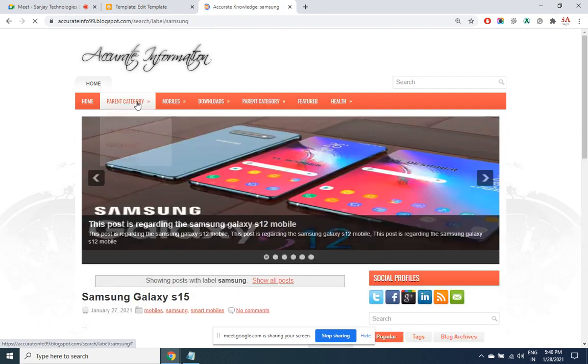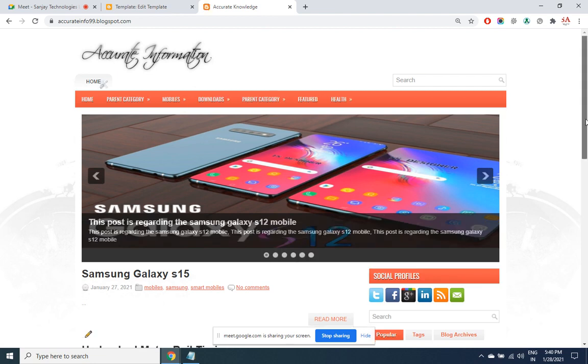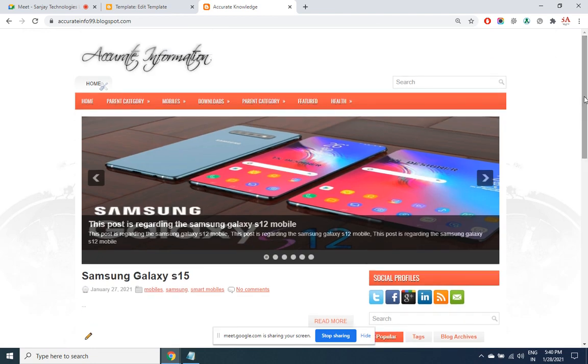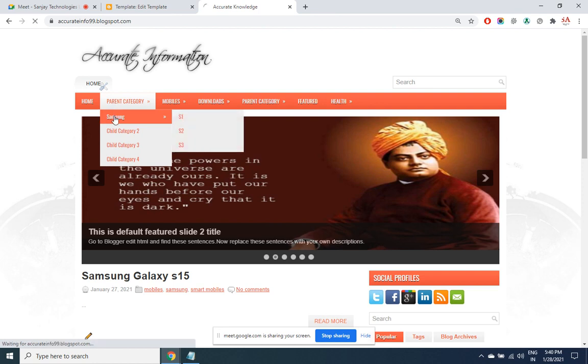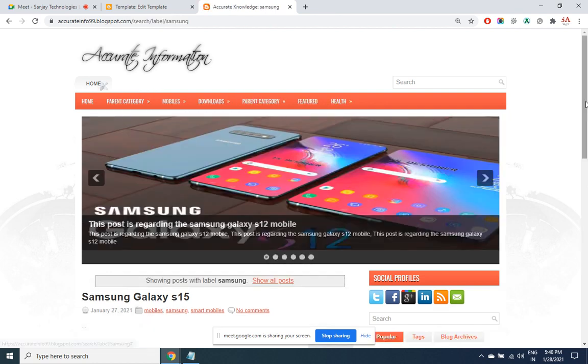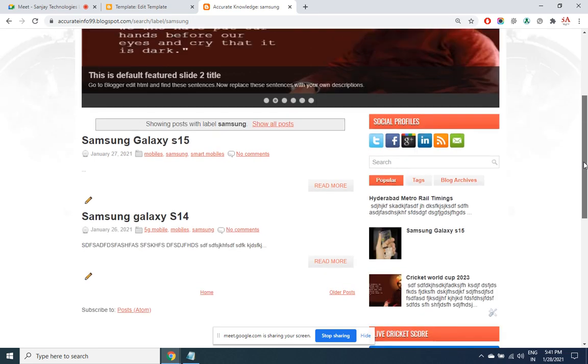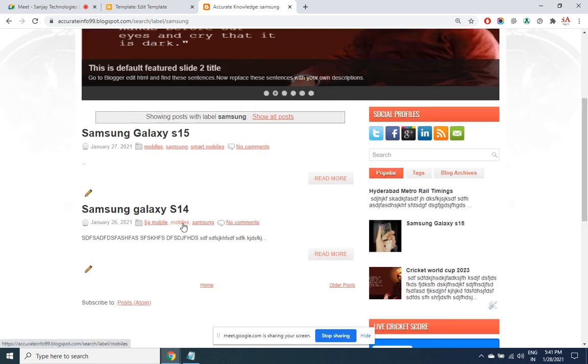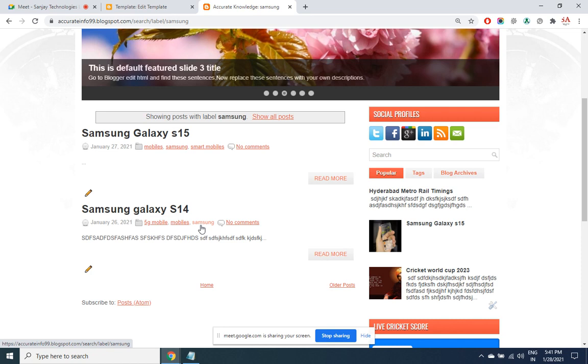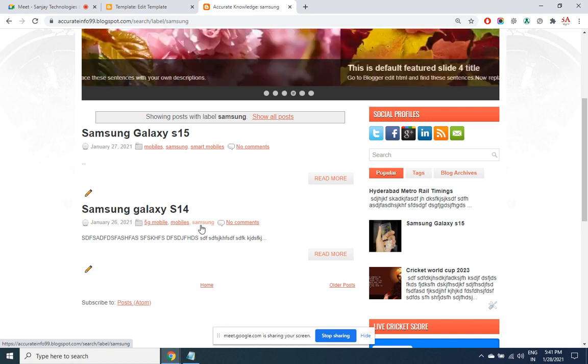Okay, here we provided it. So right now in the home page, we have all the pages, but I want only Samsung. So I click here, and only Samsung relevant pages will show up where you have given this label as common. So this is the way that we work with a group of posts.